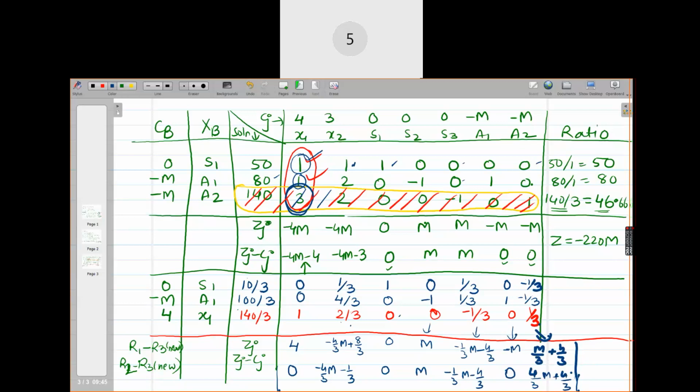So again we have to find out the most negative value. So these two are positive. Again 0 कहाँ पे है? देखो 0, x1, s1 and a1. So x1, s1 and a1 all are part of the solution. Therefore their Zj minus Cj values have become 0. ये तो positive है, this is positive and this is also positive, right? ये दो निगेटिव हैं, तो इसमें कौन सा मोस्ट निगेटिव है आपको दिखाई दे रहा है? बताओ.